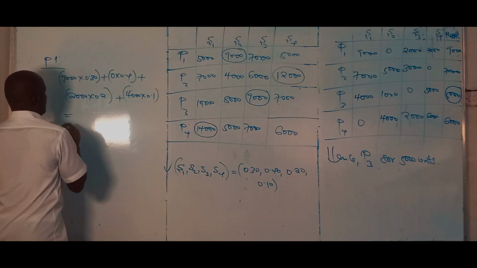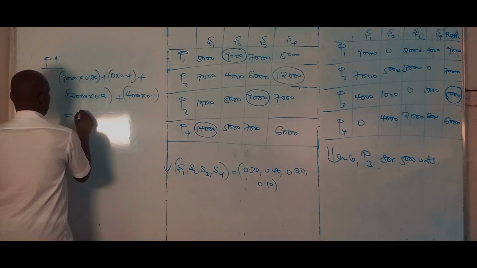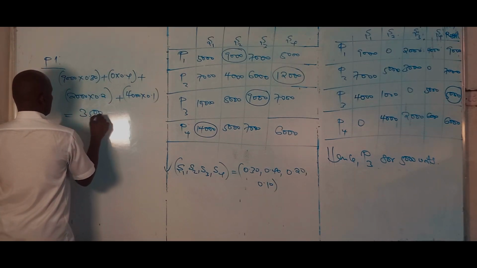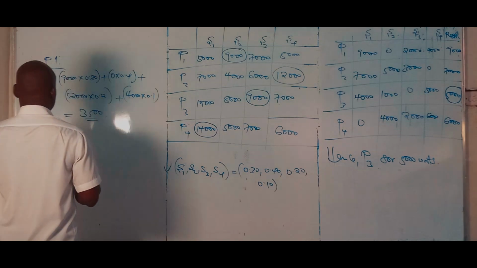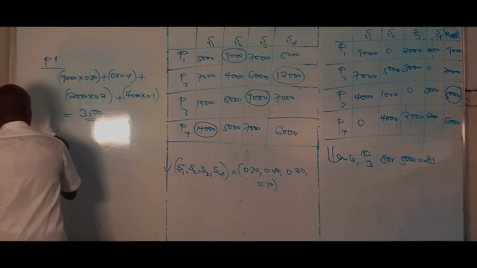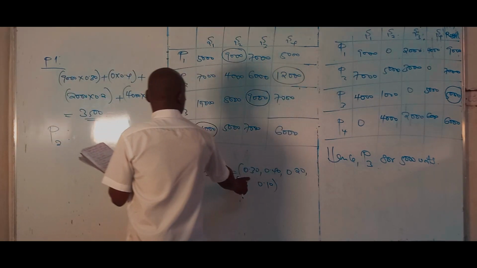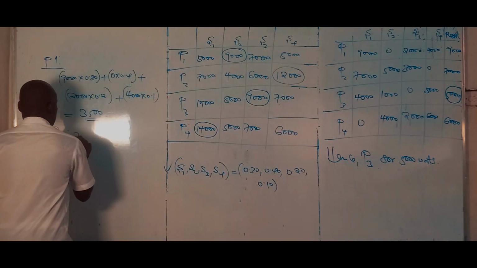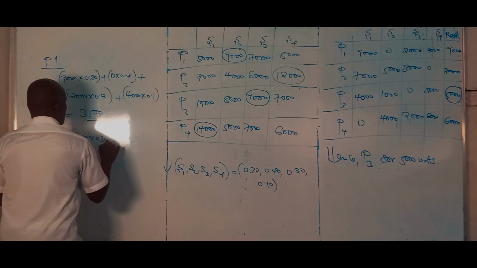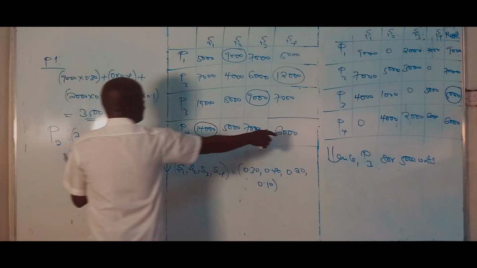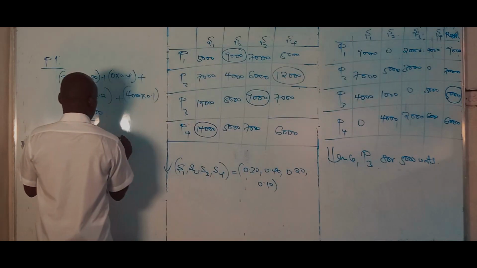Now, if you work that out, you should be able to get 3,500. So it's upon you to try that in your own time. Then P2, for P2, we do the same thing. So it will be 7,000 times 0.30, plus 5,000 times 0.40